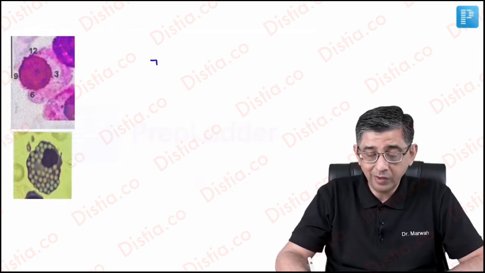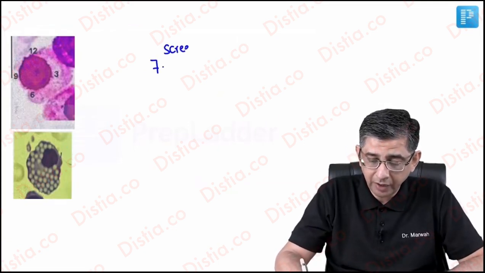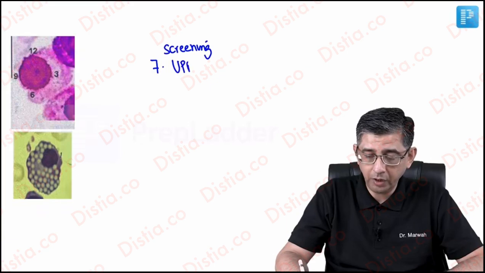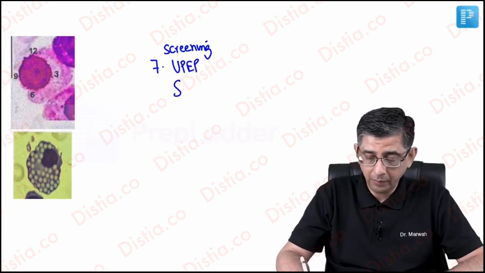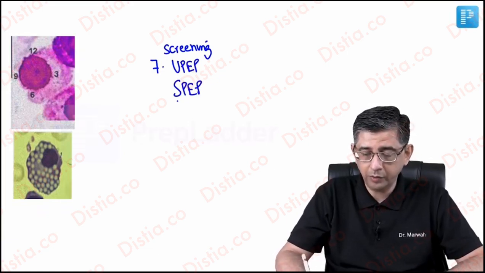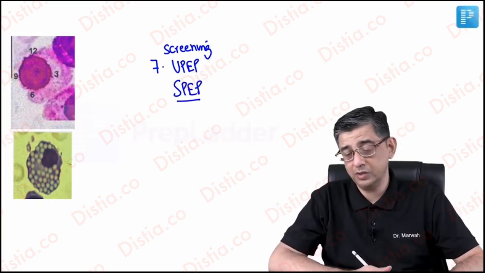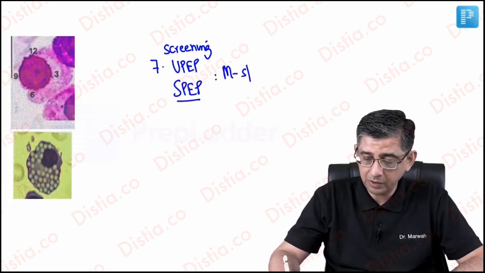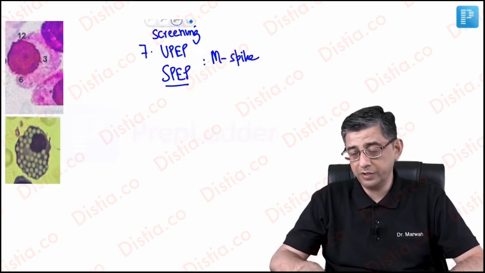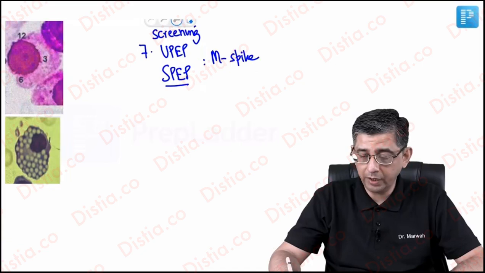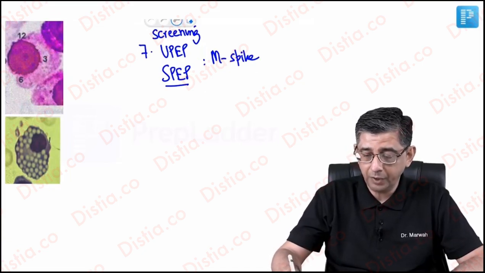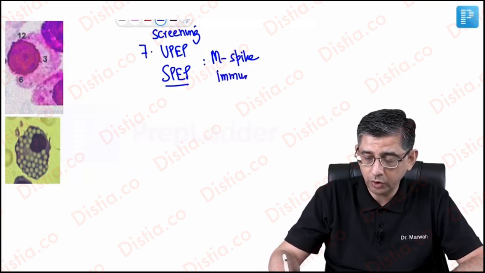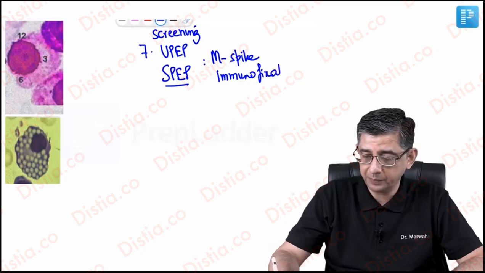Now, if he asks you in the exam, what is the screening test for diagnosis of multiple myeloma? Your answer would be that I'll go in for a urinary protein electrophoresis. If available, always prefer serum protein electrophoresis. I've just underlined that to give importance to the statement, and you would be able to demonstrate the M spike, which means monoclonal component, and the immunofixation would anyway help you know regarding the subtype of light chain that is being produced in a relatively large amount. So I've already explained and shown you the image with respect to immunofixation.